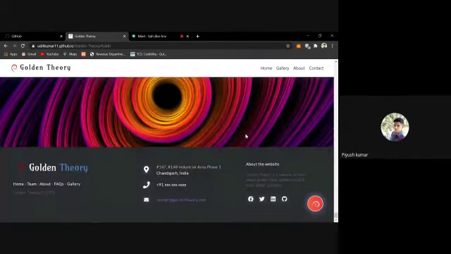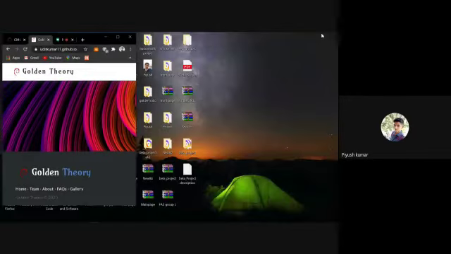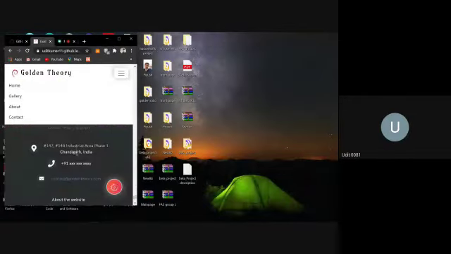Yes, Udit. Coming to the footer, we have made this footer using icons and Font Awesome. See these icons we have used. We have added our logo image, styled the text using CSS, and added icons using Font Awesome as well. The footer is also responsive, you can see. The full site is responsive.